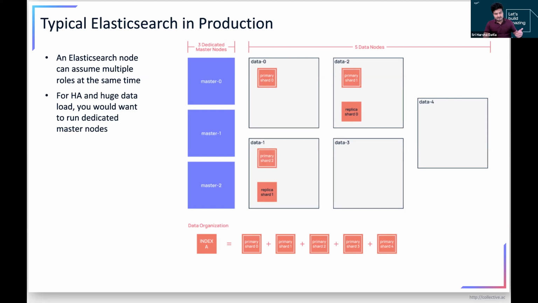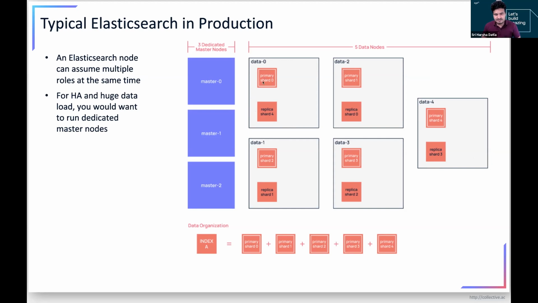For the third primary shard, the replica goes to another node. So if you see this structure, even if one node goes down, I have the replica of that shard already available, right? Let's say if data 0 goes down, my data 4 is already